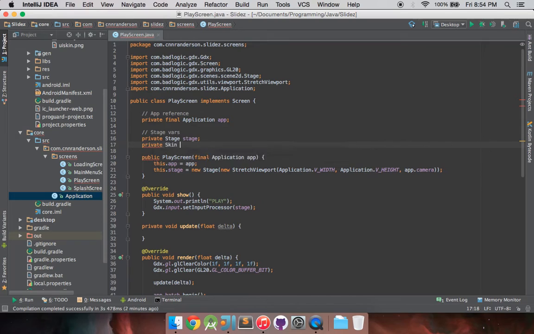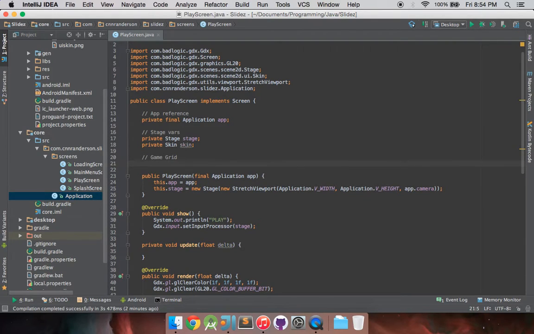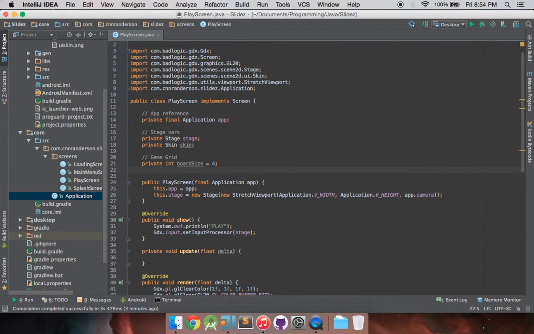But let's get some of these initial variables set up. We do need a skin for those buttons, which is why I brought all that previous stuff up a second ago. And then we're also going to want to get our game grid. This is going to include a board size, so that's going to be an int boardSize. We're just going to set that to 4 for now. We might be able to set it to 3 or 5 later on, but at the moment we're going to start with a basic